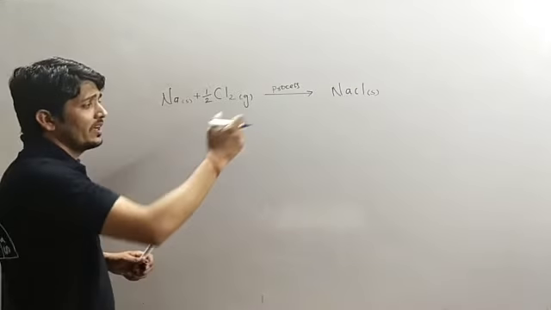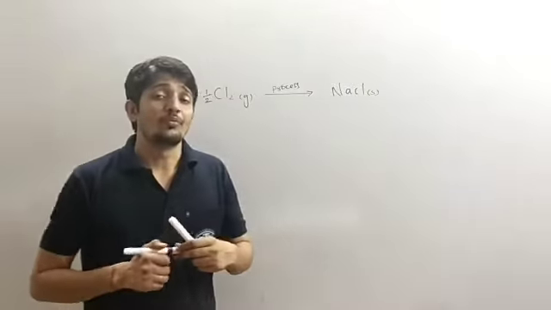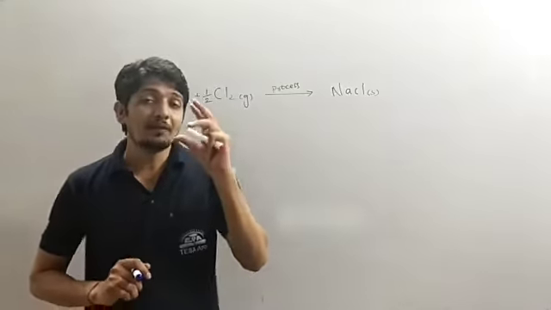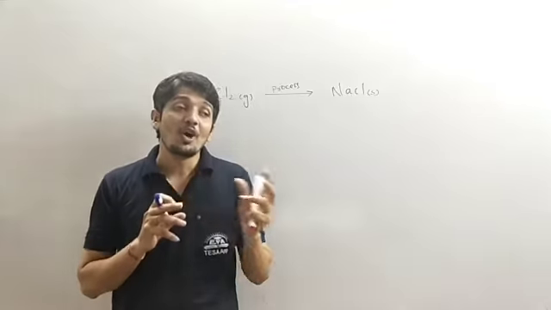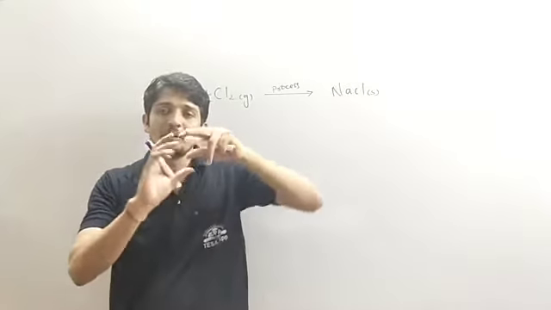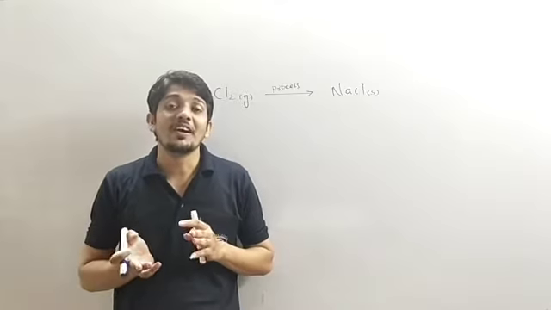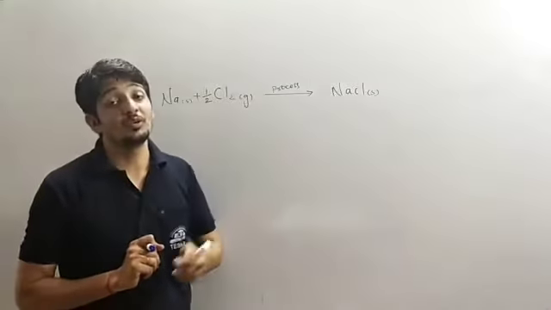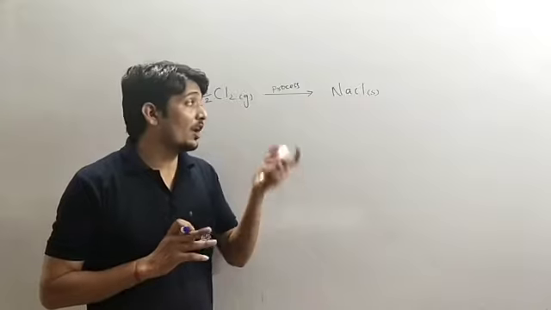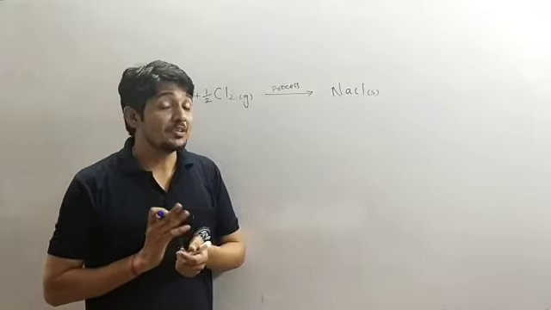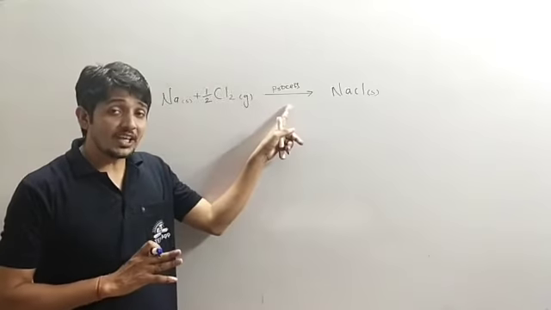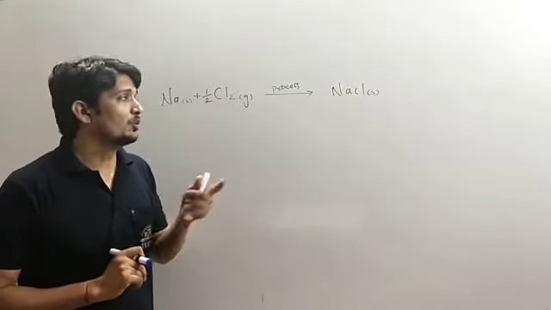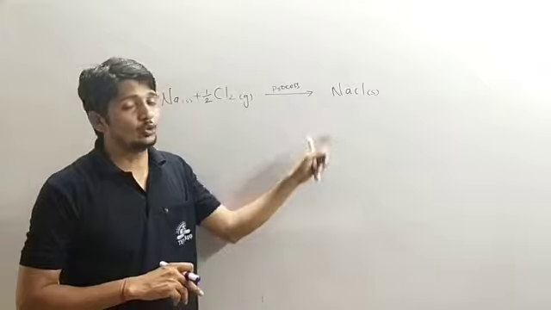Okay. So is this the way the chemical reaction proceeds? No. This is the general representation of the chemical reaction. It will never happen that you take a box, put sodium metal in it, mix chlorine gas in it, close the box, and leave it for a few days, and sodium chloride forms. No. This is not the process for the formation of sodium chloride. So we have to understand how this chemical reaction actually proceeds. The representation is like this, but does the reaction actually proceed this way? No. So we have to understand the process of how sodium and chlorine react to form sodium chloride.